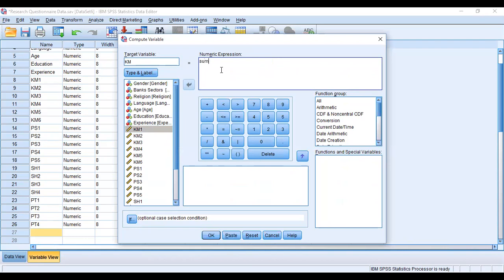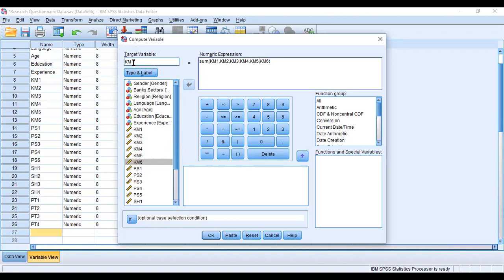First of all, click on SUM, then a small bracket, and select your variable items, that is km1, km2, and similarly all the variables 3, 4, 5, and km6. Close the bracket and put a comma to separate these items: km1 comma km2 comma 3. Then just click on OK.